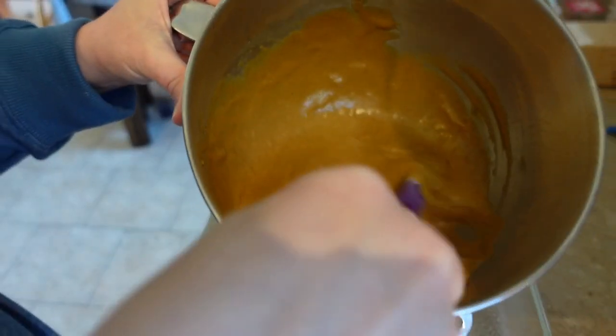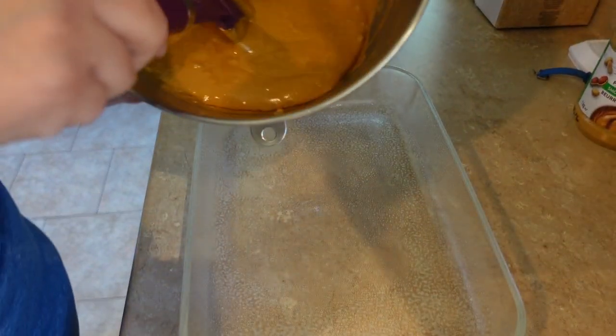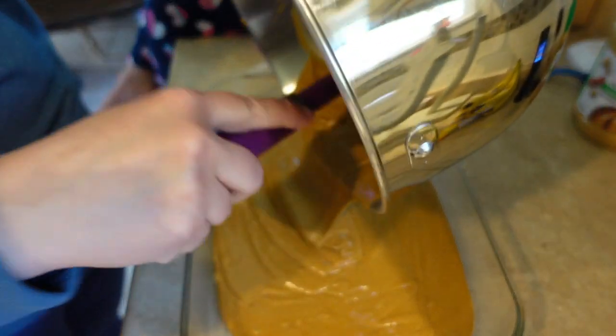So this is what the batter looks like after I've added the hot water and mixed it. It's a lot more runny. I'm not exactly sure what the purpose is of the hot water. I wondered if maybe it made it so that you didn't have to cook it as long. I don't know. Anyway,